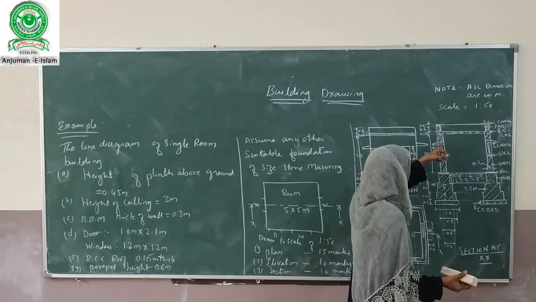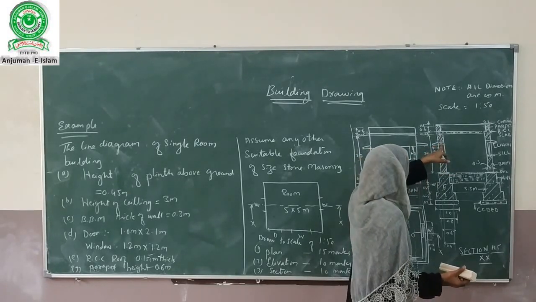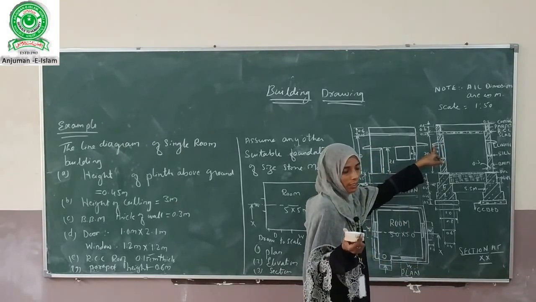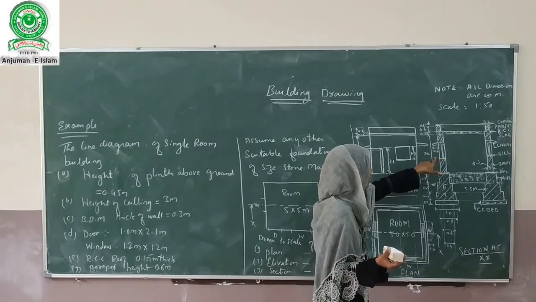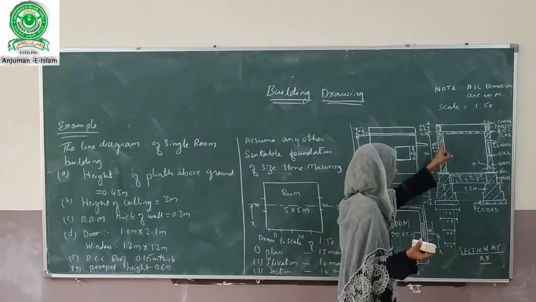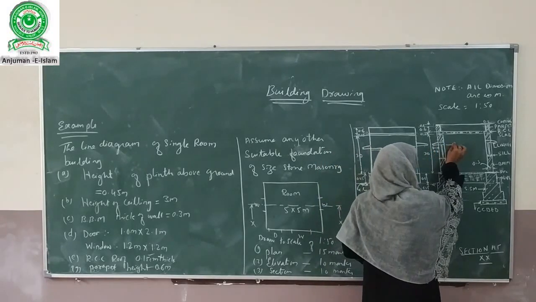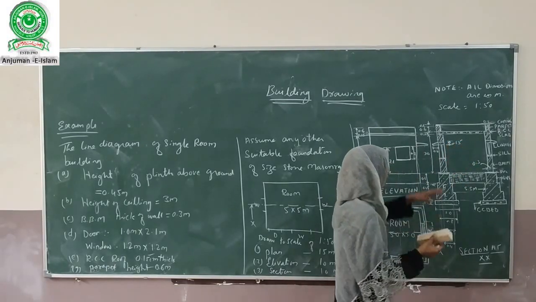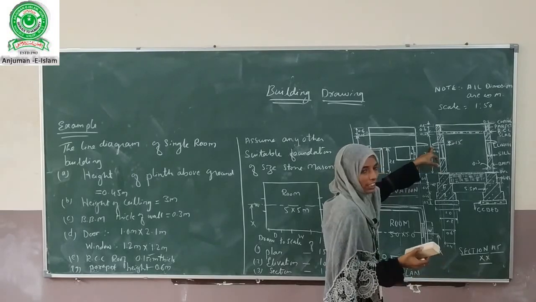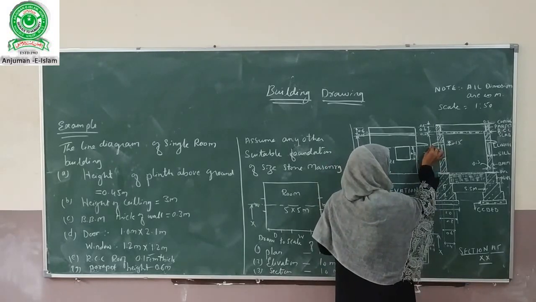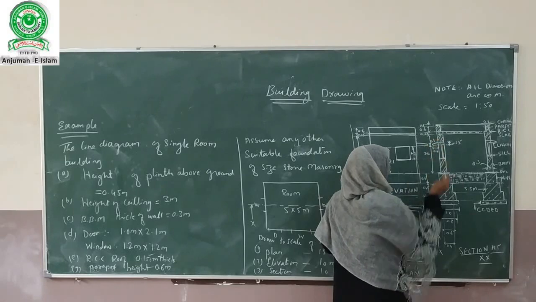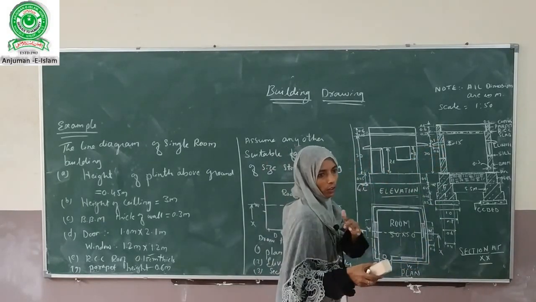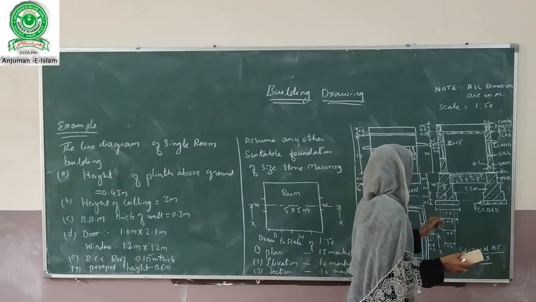So above the lintels, the masonry work will come. Along with the lintels, you are going to show the chaja, that is a width of 0.6 meters. The thickness of the lintel will be 0.15 meters and the chaja on the other side, the thickness of the chaja will be 0.1 meters. The slope will be provided in order to flow of the rainwaters. For that reason, this will be provided.